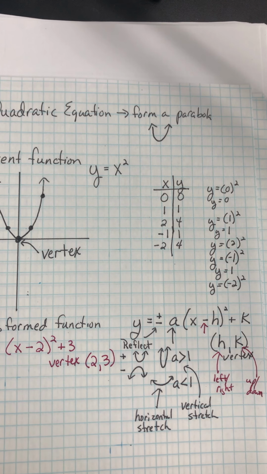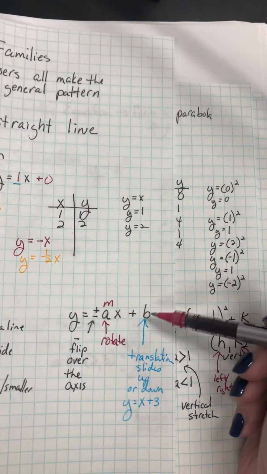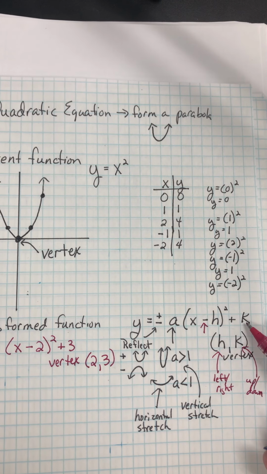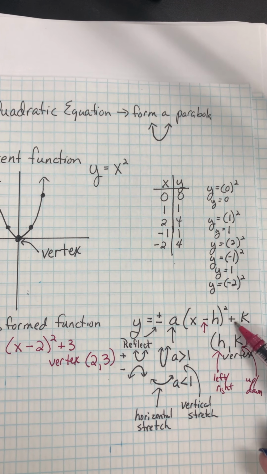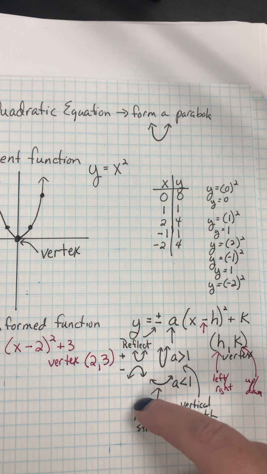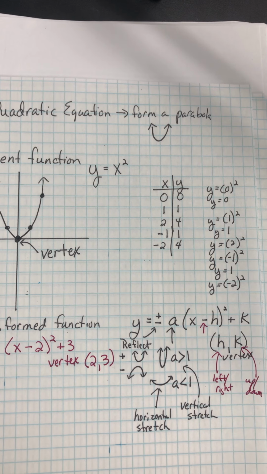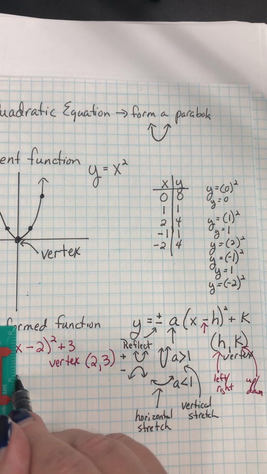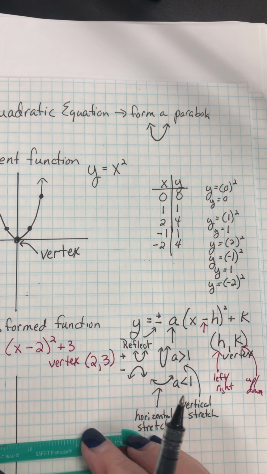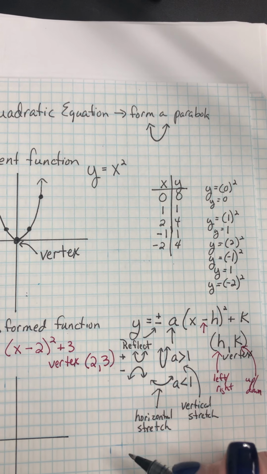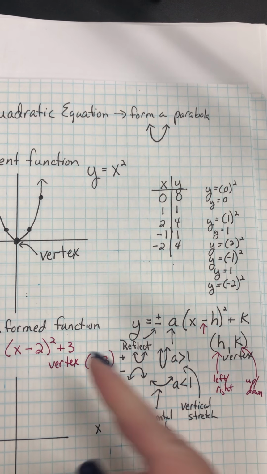If you remember, in our linear equation, the b moved our function up. The k is doing the same thing. If it's the last thing being added outside of my parentheses, it's going to move my shape up or down. Now you can always resort to doing a T-chart, but it is very helpful to know where to start, and where to start is often the vertex. So if I look at this particular equation,